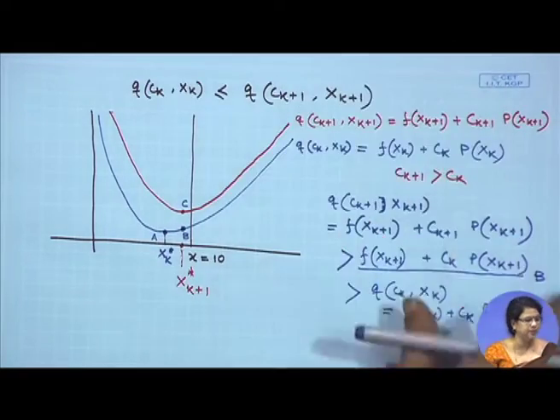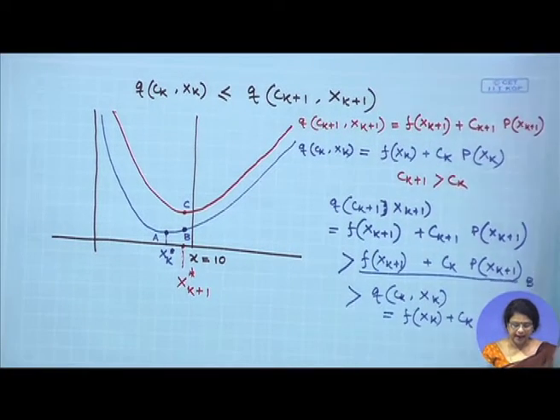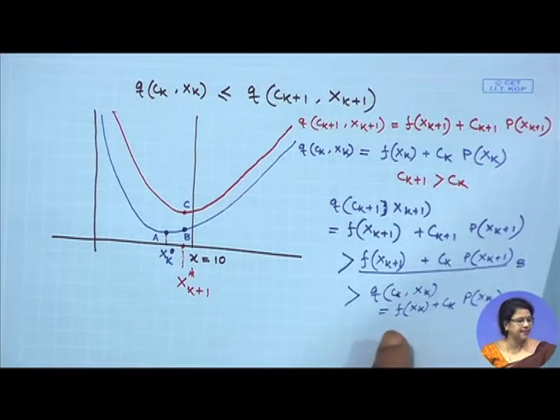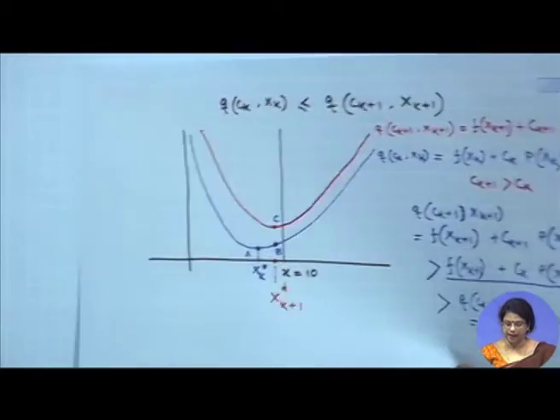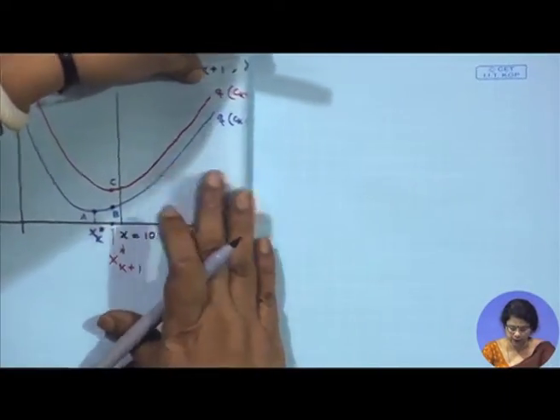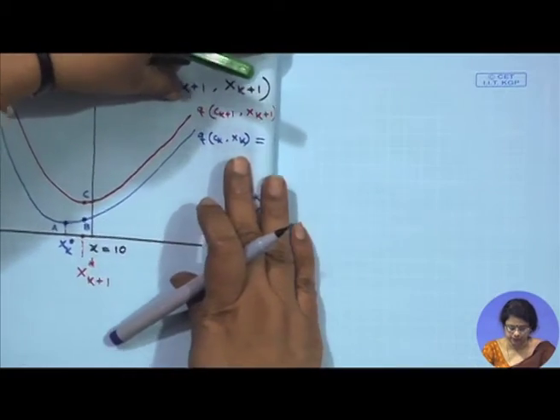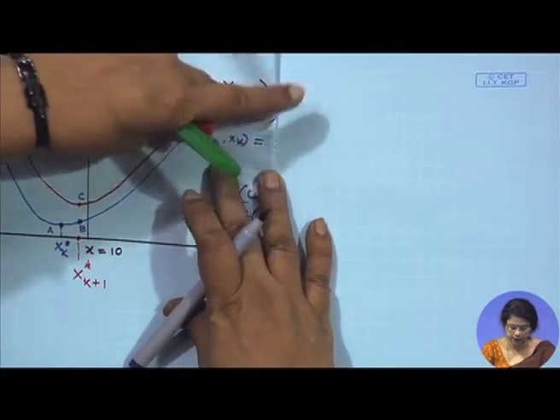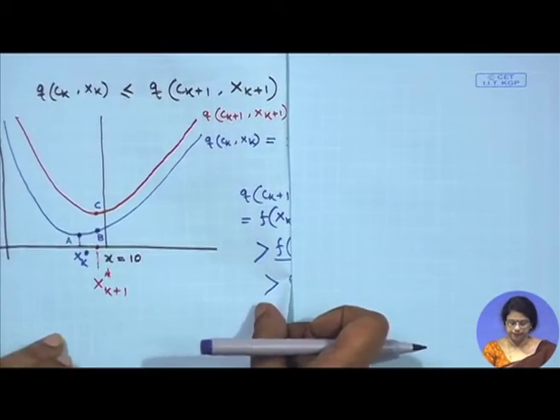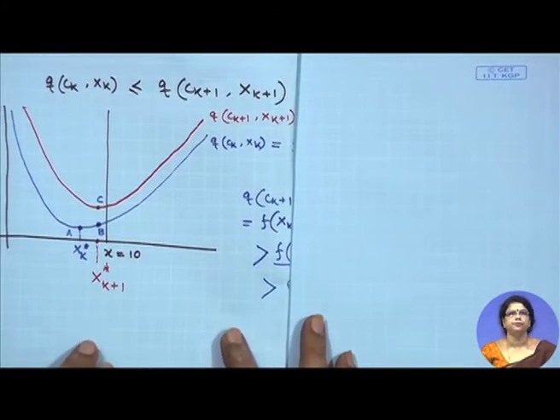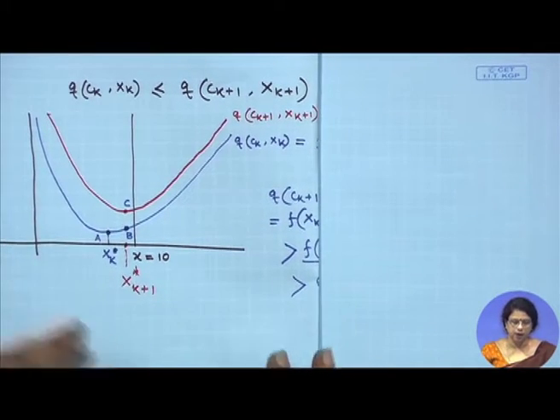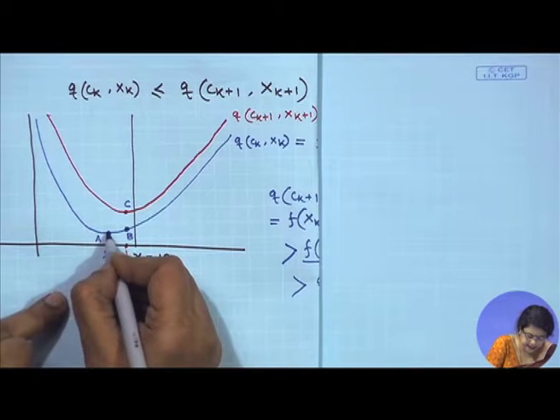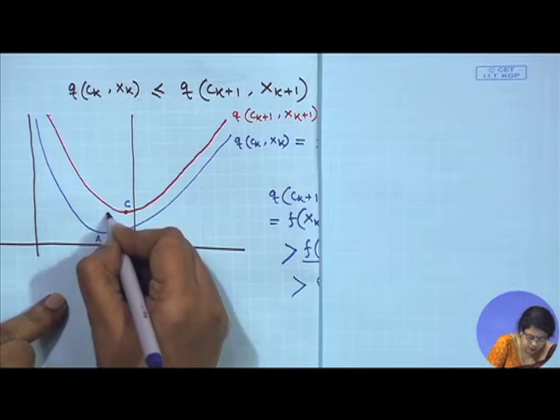Now, let me just prove the next property, that p(x_k) is greater than or equal to p(x_{k+1}) and the other case as well. Let me draw the graph, otherwise I can put the graph this way. Hopefully, it is clear to you. And let me do the calculation with this. All right. Is that clear? Now, here I can say if I just consider one point at the top here as D,